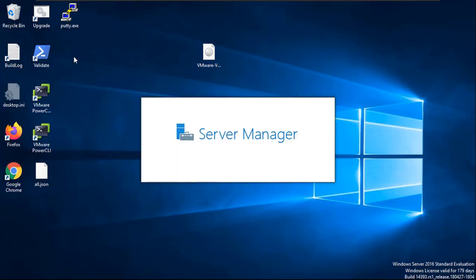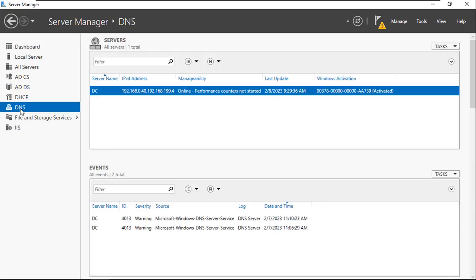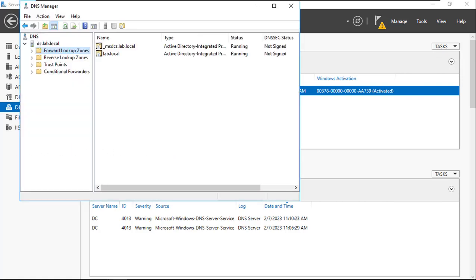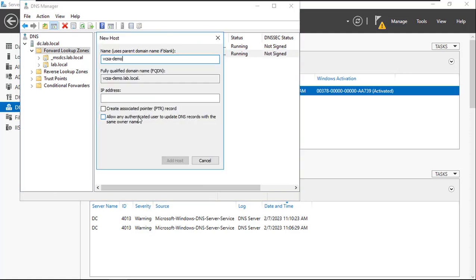I'm going to go to Server Manager, and I'll click on DNS here. And from there, I'll right-click on the name of my server, and I'll start DNS Manager. And so I need to make sure that I have a record created in my forward lookup zone for my vCenter server appliance. So I'm just going to right-click on my domain here, and I'm going to create a new host. I'm just going to call my vCenter server appliance